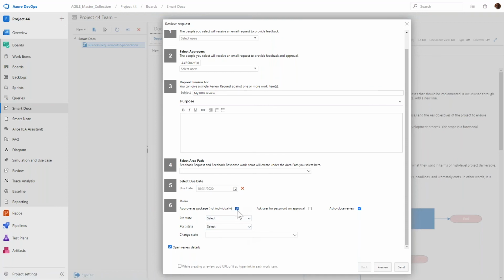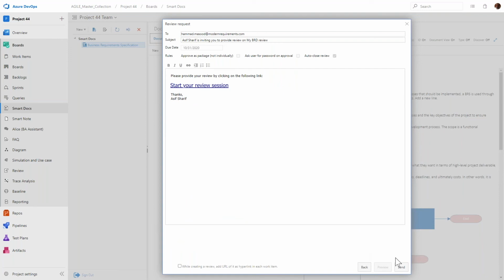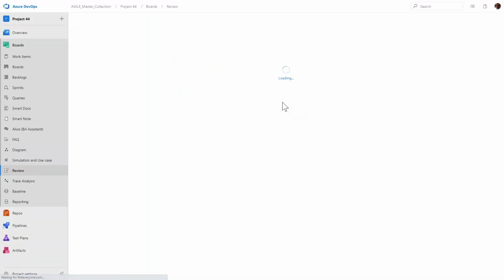You can request that the document be approved as a whole or by default in parts. That is, every requirement, every work item gets approved individually. You can request e-signature, and you can also change states of the work item once everyone approves that work item. And then you can preview it, and then you can send the document for review. So when you send the document for review, the reviewer will get an email, they'll click on that